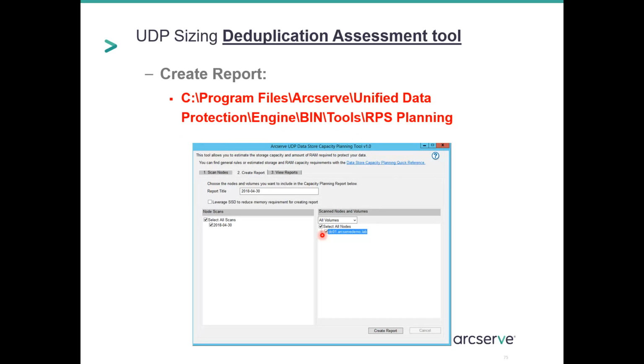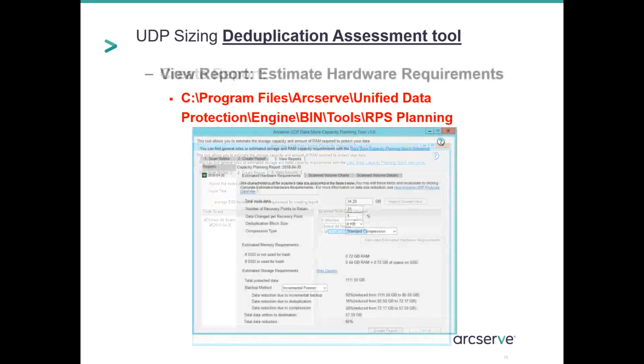This tool then allows you to create reports. You can select multiple systems after the scan for one report, or, as you can see, you can do it individually based on individual machines. It's totally up to you. You also can leverage SSD to reduce memory requirements for creating a report. You can give the report a title. Automatically, it just goes on what date you have. Once you have the report